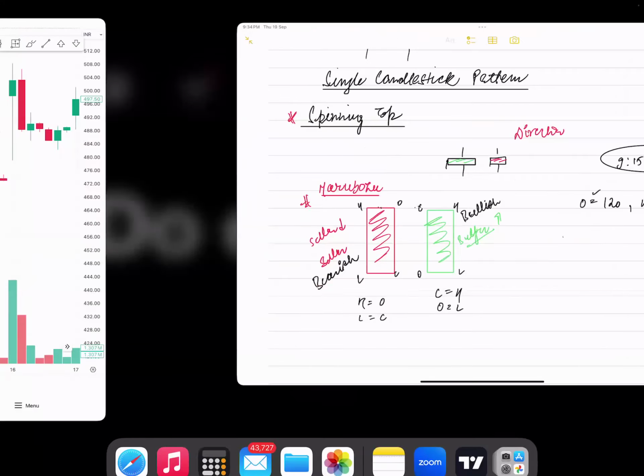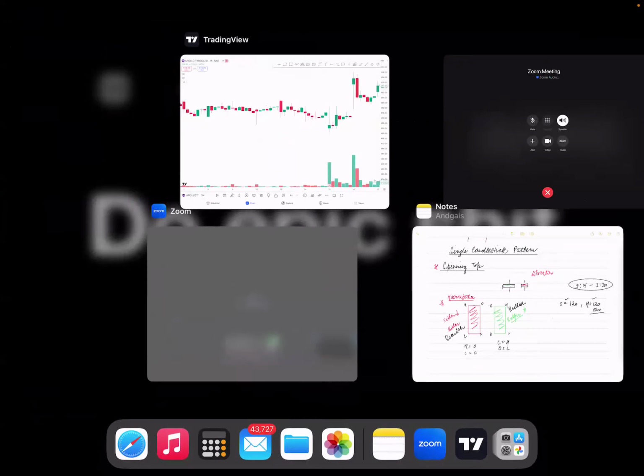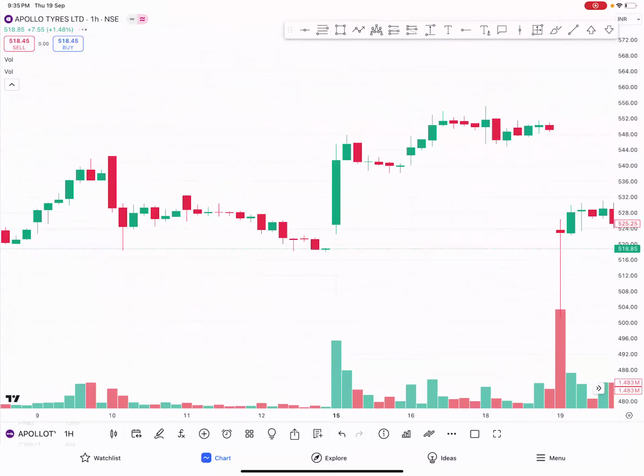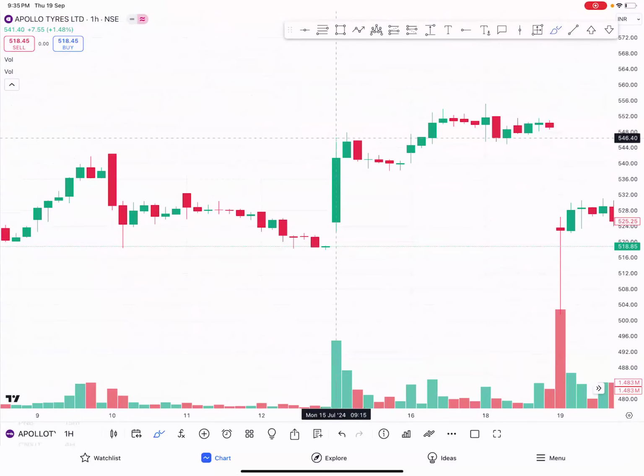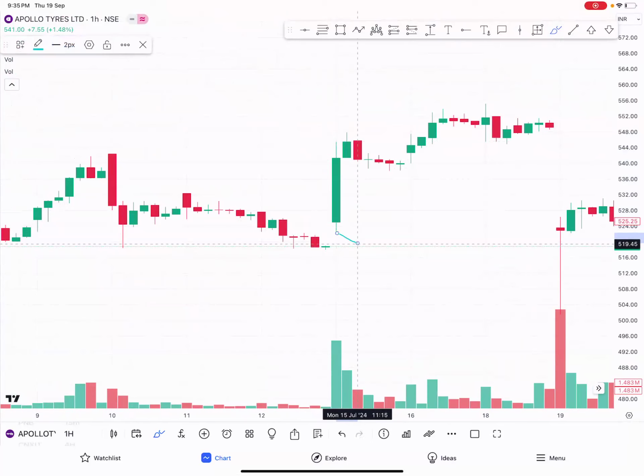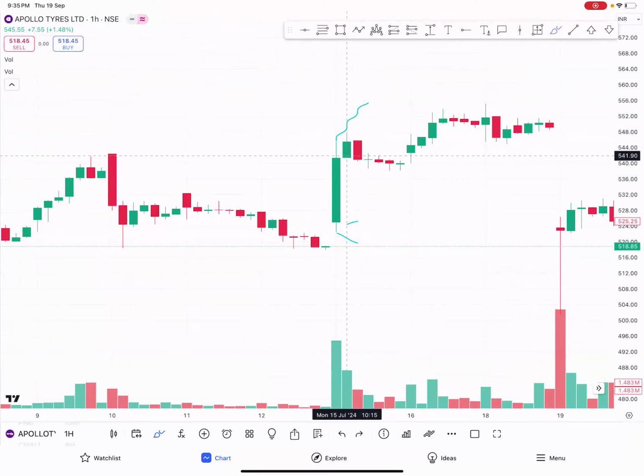Supposedly if you look at this particular candle here, you will be able to see that there was a low at this particular level, and price also went up to this particular level, which is the high, and there was a closing and opening which was at different levels. So from that you will be able to see.